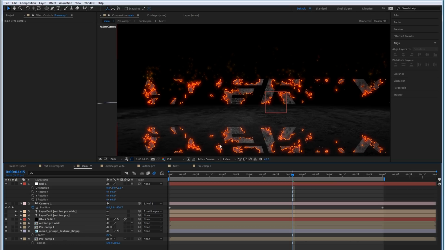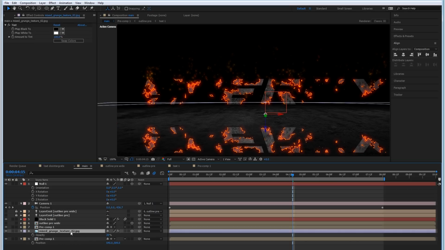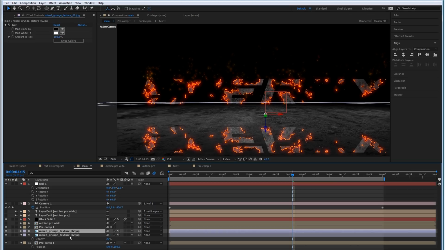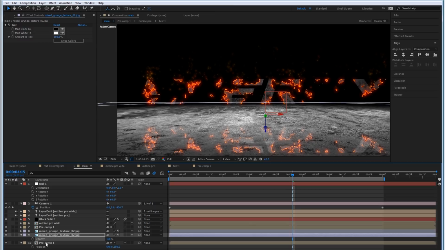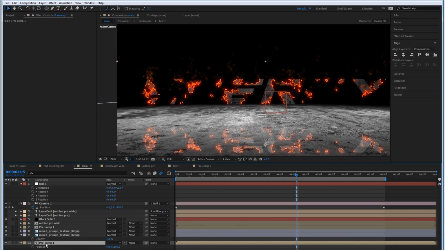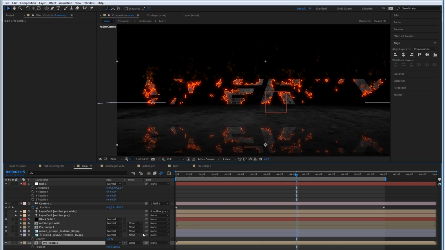And also, just to break up the reflection, I would make a copy of the grunge layer, and the one directly above, let's put this back up to 100%, and then use it as a luma matte for our reflection layer. So if I go to the track matte menu, if it's not there, press F4 and luma matte, and point to the grunge layer, and this is going to make it look a bit more like it's a reflection